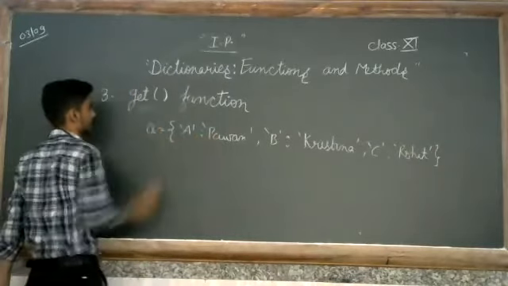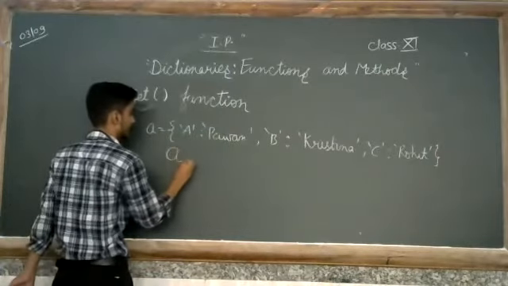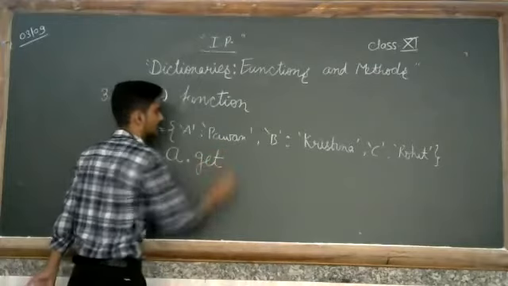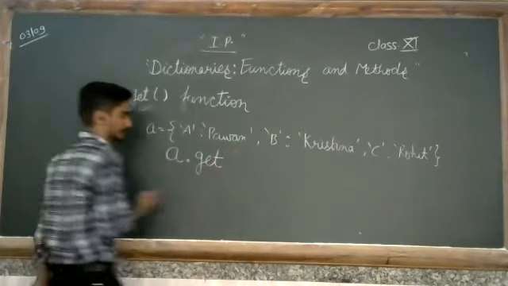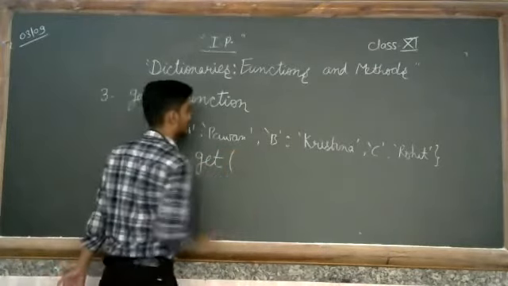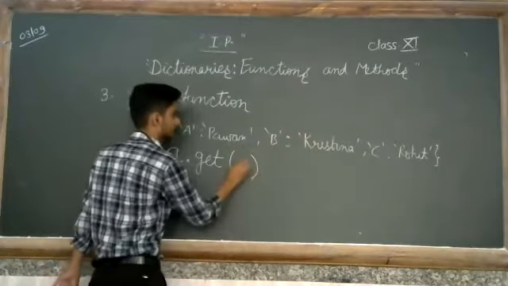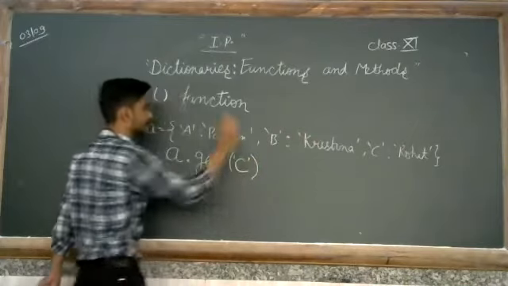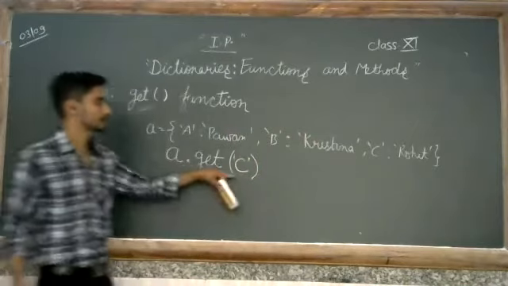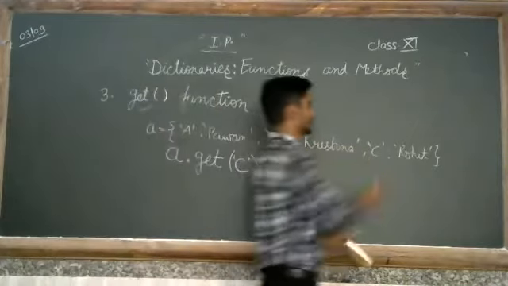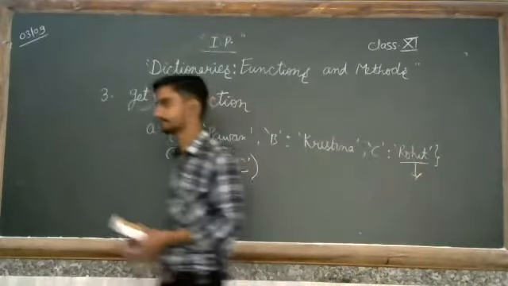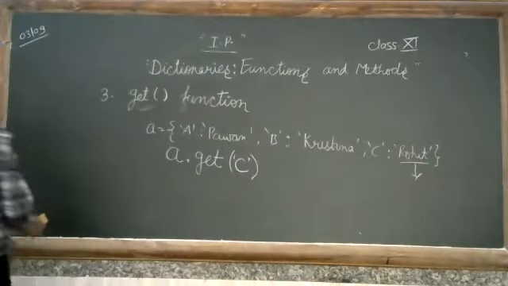Now I will use this get function. A dot get का मतलब क्या होता है, ताकि हम उसकी वैल्यू को एक्सेस कर सके, गेट कर सके। मुझे अगर रोहित देखना है, सो आई विल पास सी हेयर विद दिस सिंगल कोट्स। ठीक है, सिंगल कोट्स एक्सेस करेंगे तब ये सी इसके पास पहुंचेगा, और फिर सी की वैल्यू क्या है यहाँ पर, रोहित, और ये रोहित को प्रिंट कर देगा। ठीक है, दिस इज हाउ यू कैन यूज गेट फंक्शन।